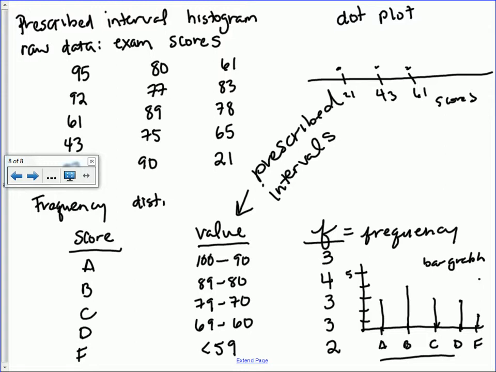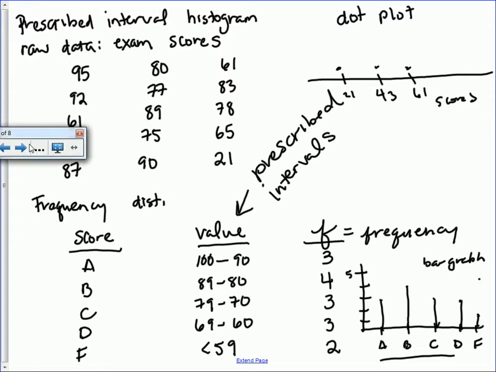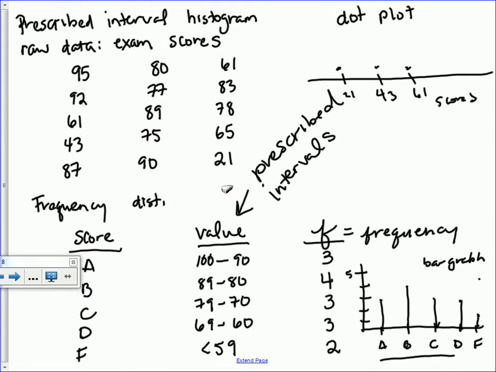And there's a 61, and there's a dot. If there were any repeating scores, which I don't think there are in the data, no repeating scores. So each score is just going to have one dot with it. Versus if we had repeating scores, we might see a couple 21s or a couple 43s. So that's a prescribed